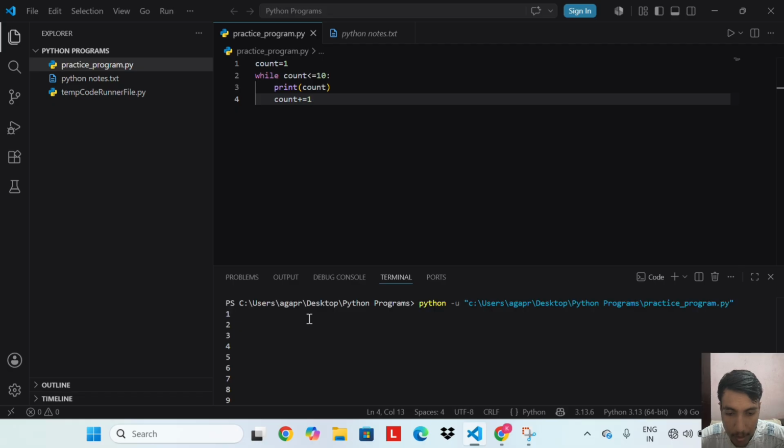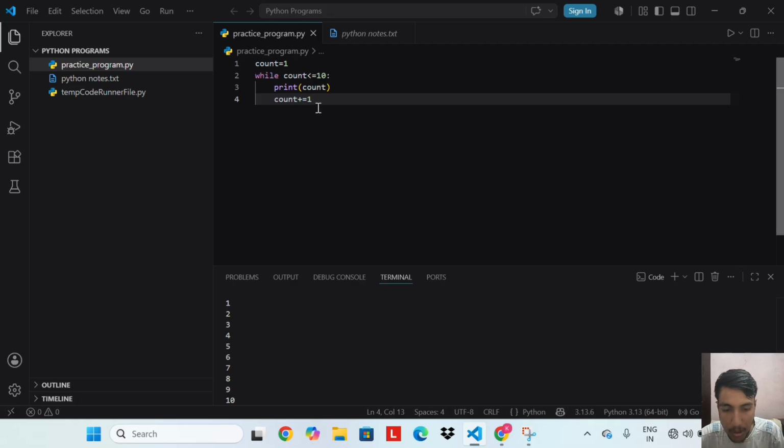This does the same thing as practice program 1, prints numbers from 1 to 10, but using a while loop instead of a for loop. Count starts at 1. The condition is count less than or equal to 10. We print the count, then increase it by 1.